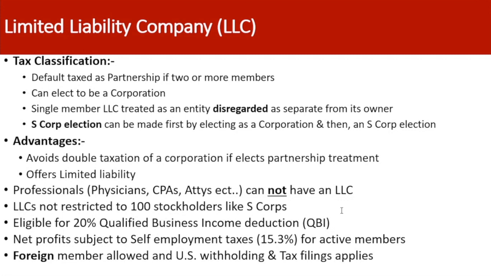You can make the S corp election. So even though for legal purposes you are an LLC, you can convert that LLC. First, you have to make the election to be taxed as a C corporation or regular corporation, and once it is a corporation, then you can make the S corp election. People may ask why you want to do this, because an LLC provides a single level of tax, so does an S corp. But as I mentioned earlier, to save self-employment tax, this is one of the